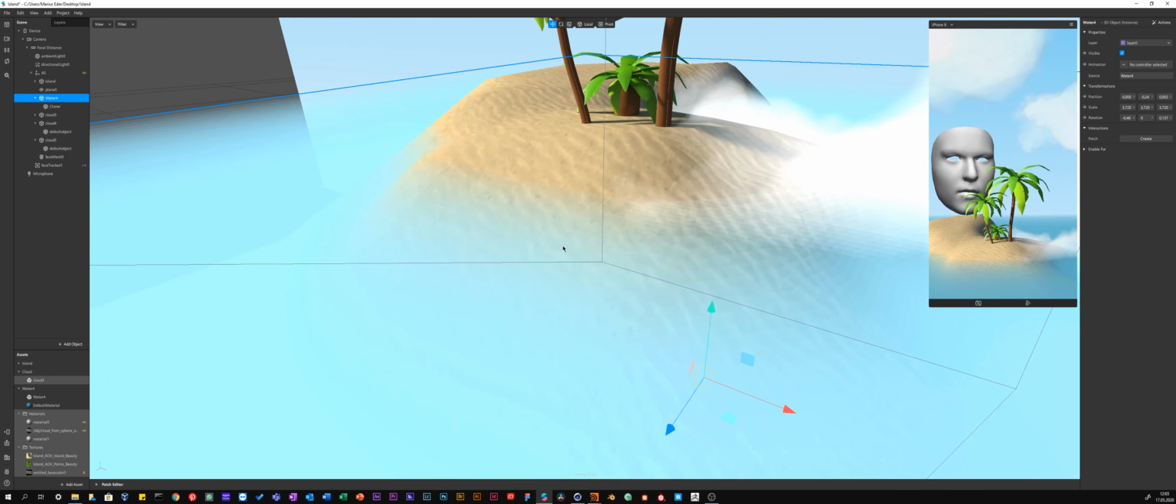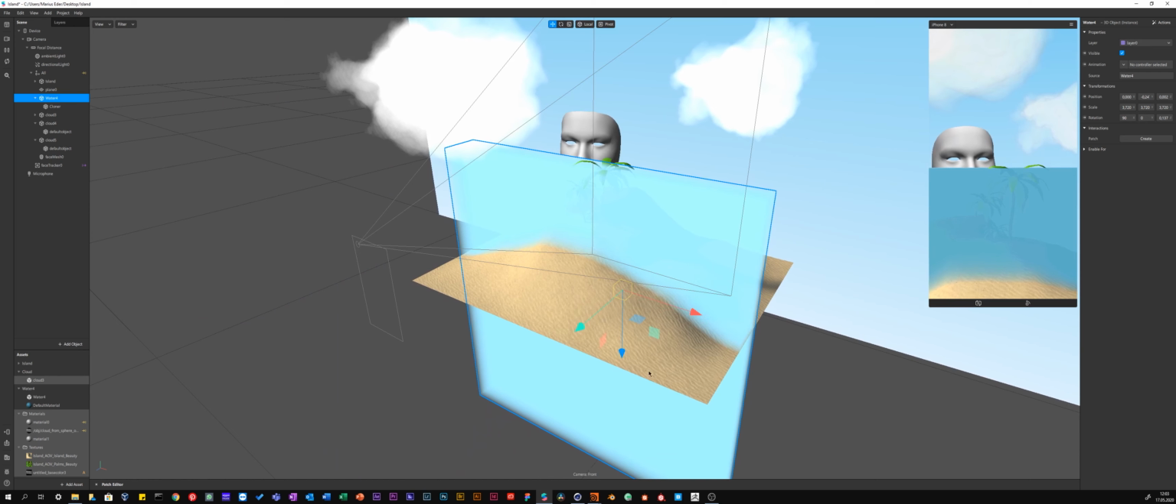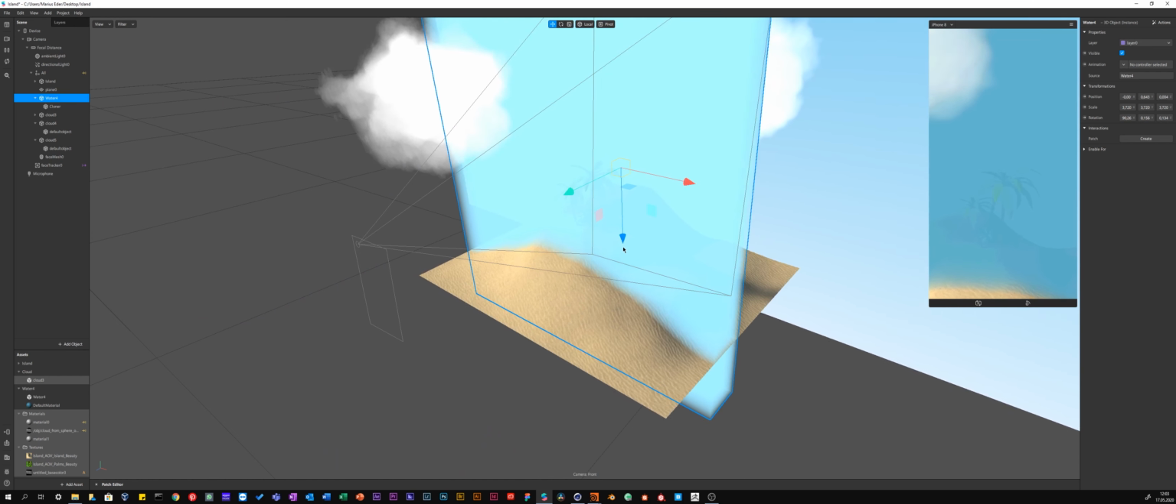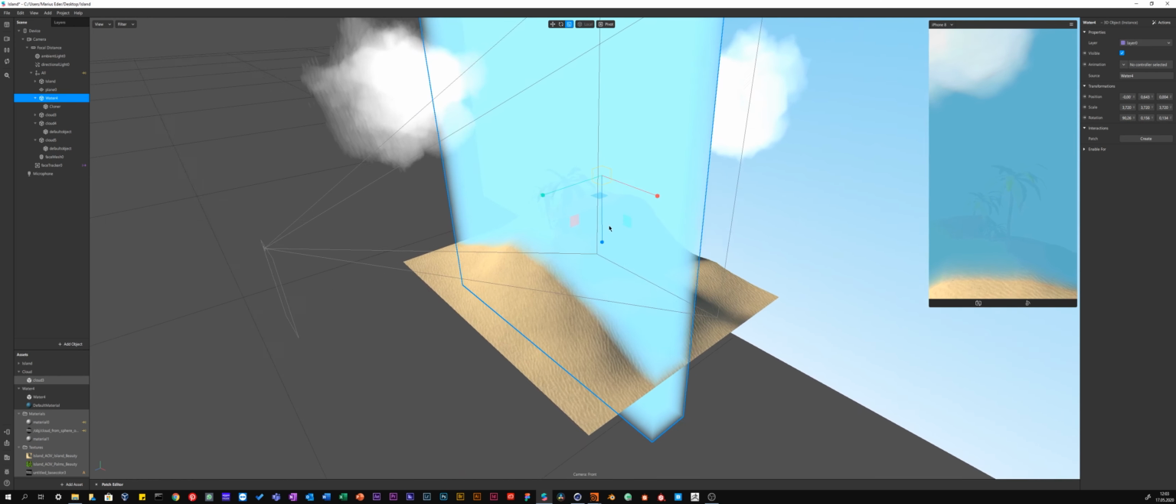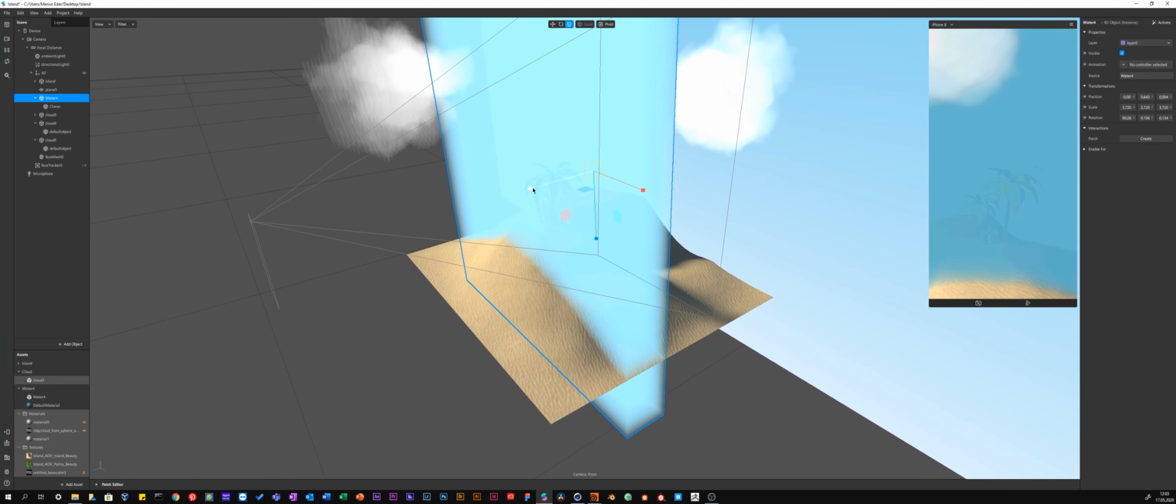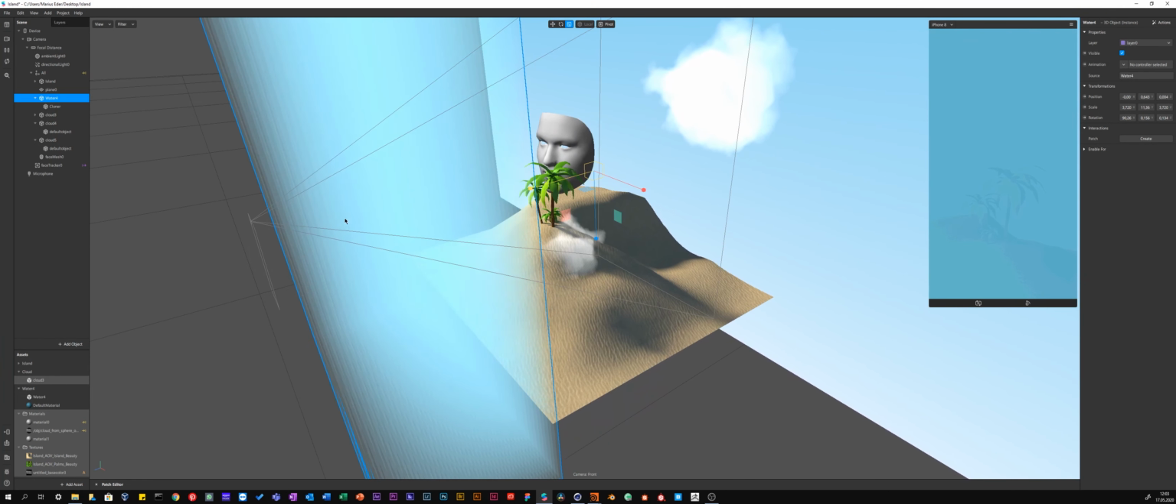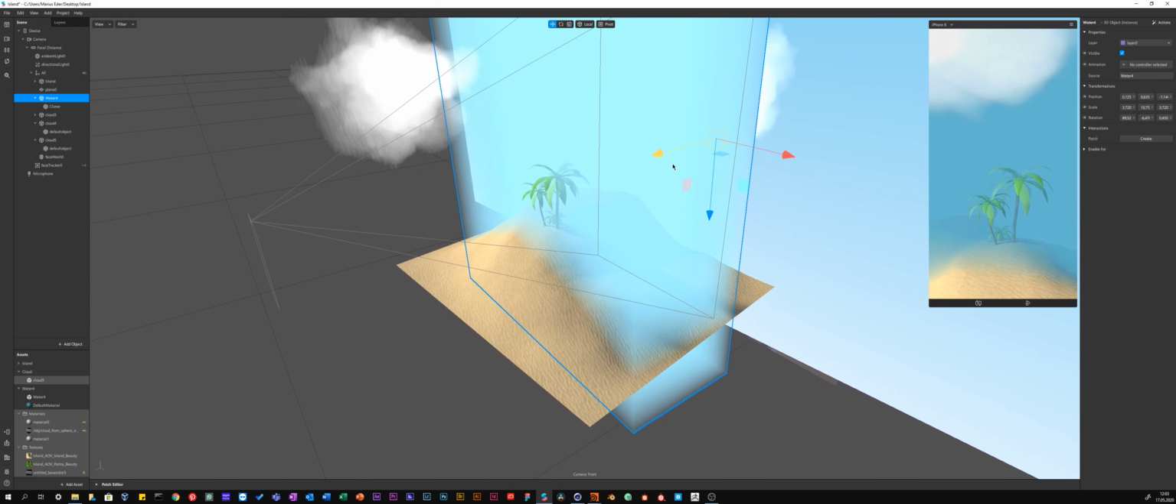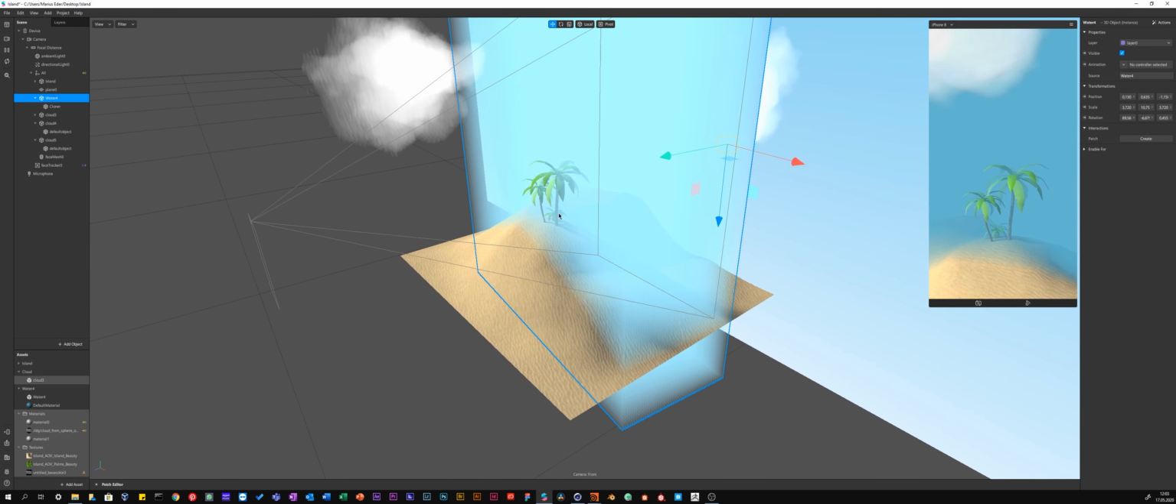And what you can do with this water is you can also rotate it like 90 degrees, like that. Then move it a little bit up and increase the size in the y-axis like this. Yeah, like this. And now you can see this actually looks like fog, which also really works well,